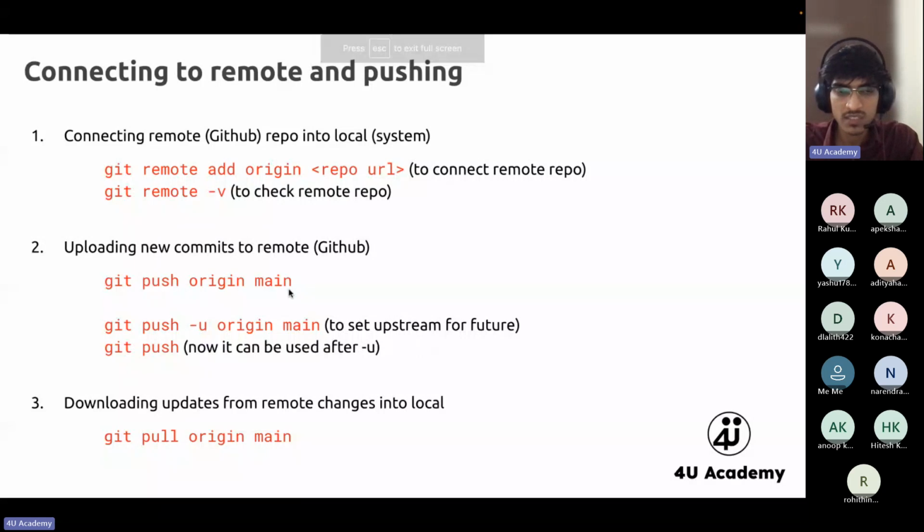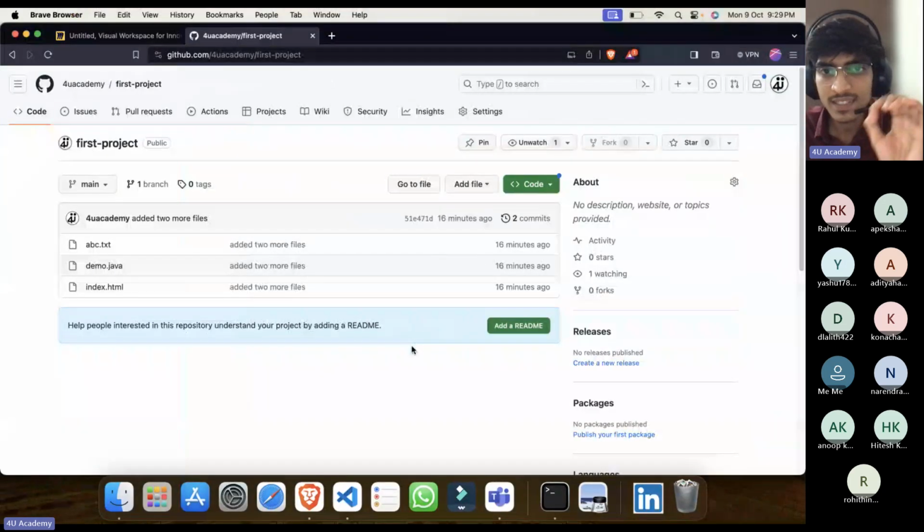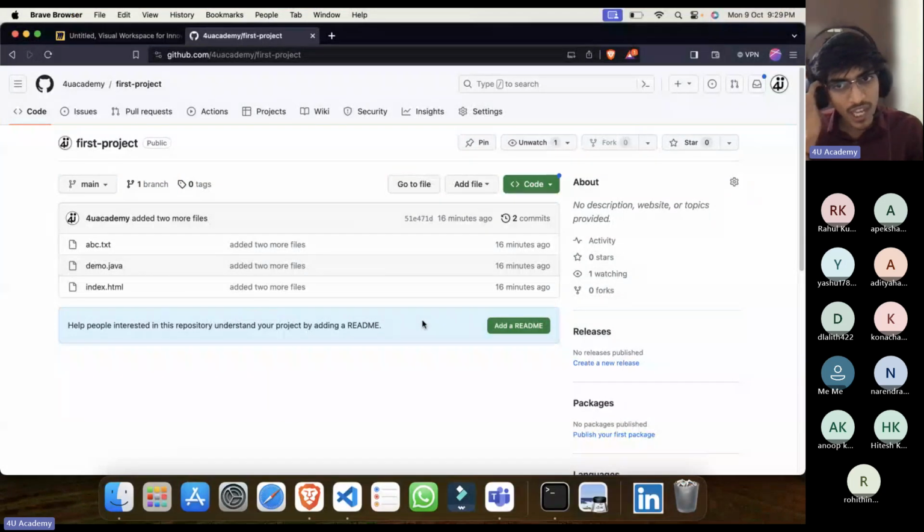So git push origin main is done. See, what is this -u? It is just to make further commands shortcut. If you use it one time, after that you don't need to write it again and again. You can just use git push. Okay, cool. So this is done so far. Now let us understand this a bit, then I will give you an activity. So what is happening here?